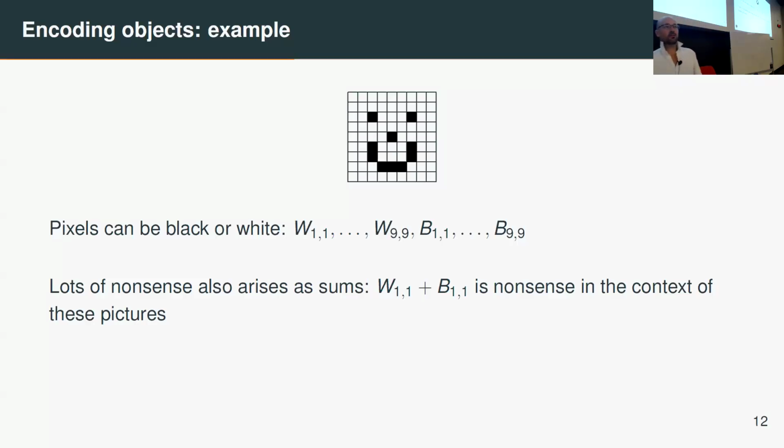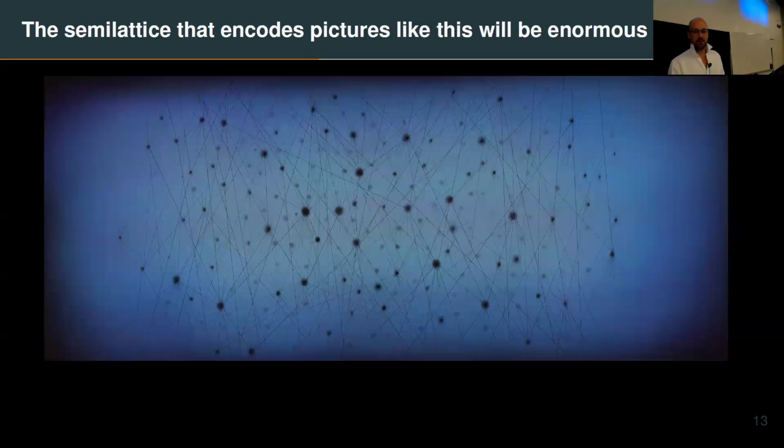Where they're heading toward is treating the things as essentially sets. And so this, in a way, is a bit like thinking of the set that consists of W11 and B11. And in that case, sum sort of makes sense, I would say. But it wouldn't really matter if you use different notation, it'd be fine.